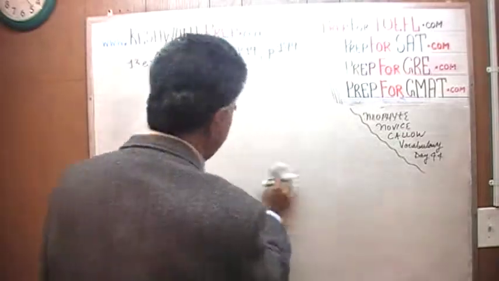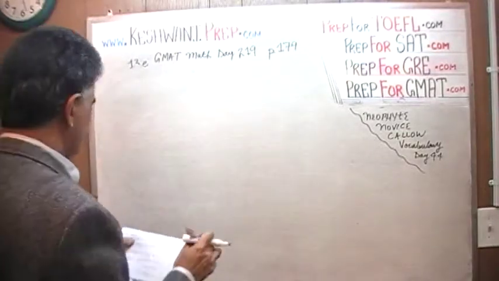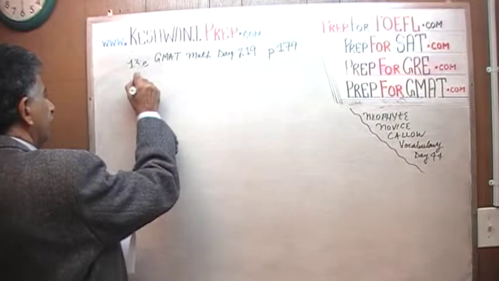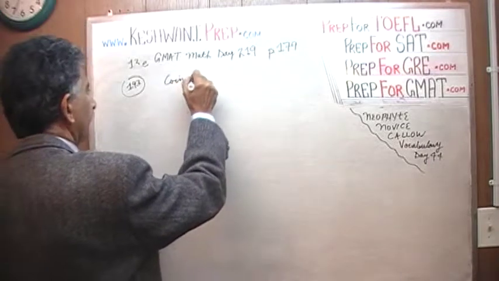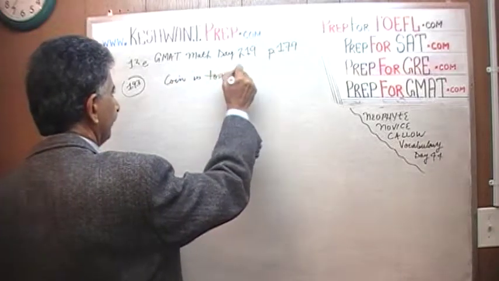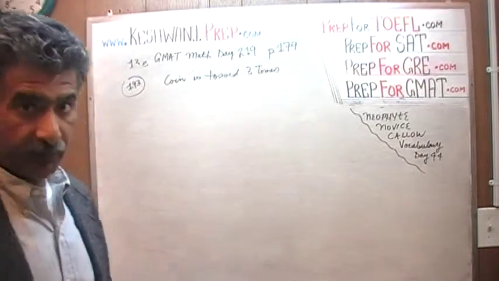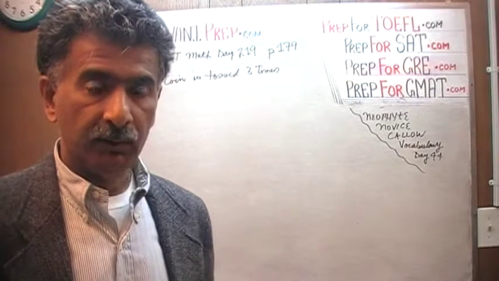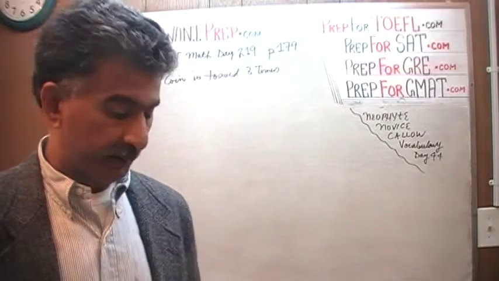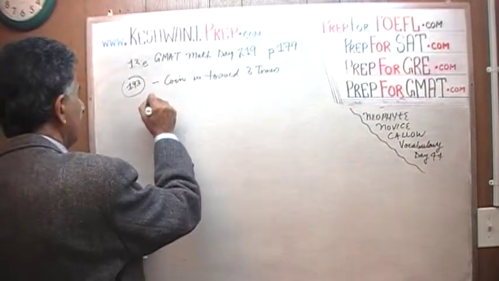In 193, a coin was tossed 3 times. A fair coin is one which has an equal chance, a 50% chance of landing on a head or a 50% chance of landing on a tail. A fair coin was tossed 3 times. The question is, what are the odds